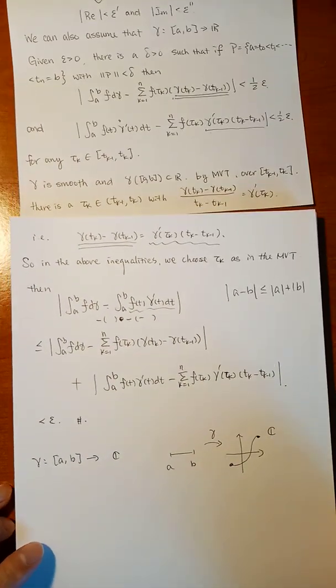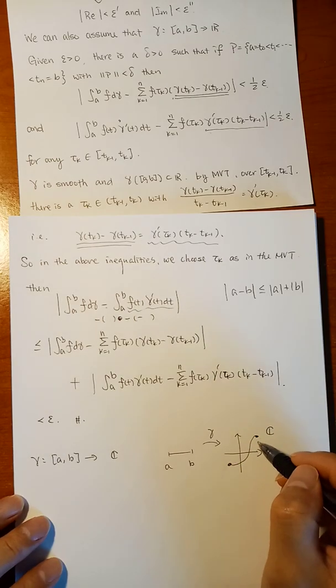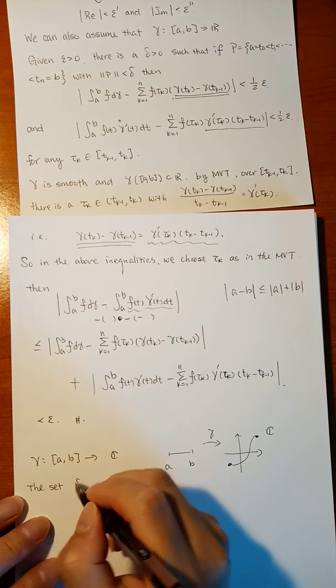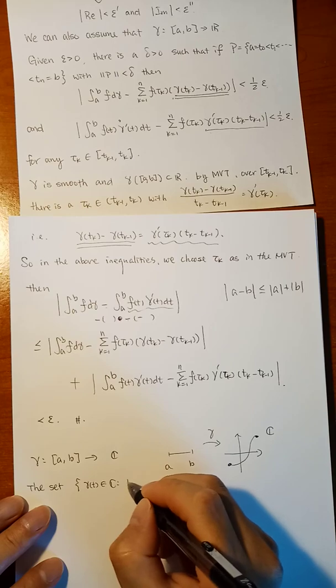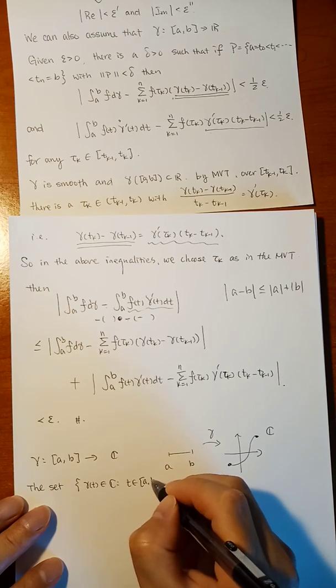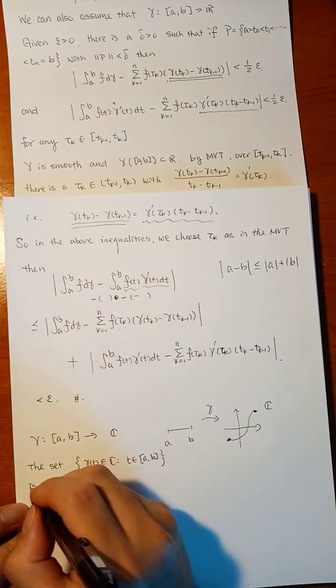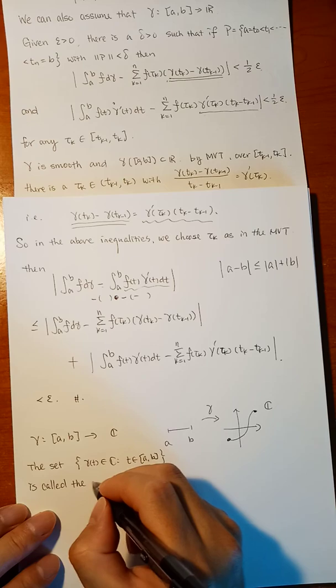Gamma is from the interval [a,b] to C. And this image set, the set of gamma(t) in C, where t belongs to [a,b], this image is called the trace